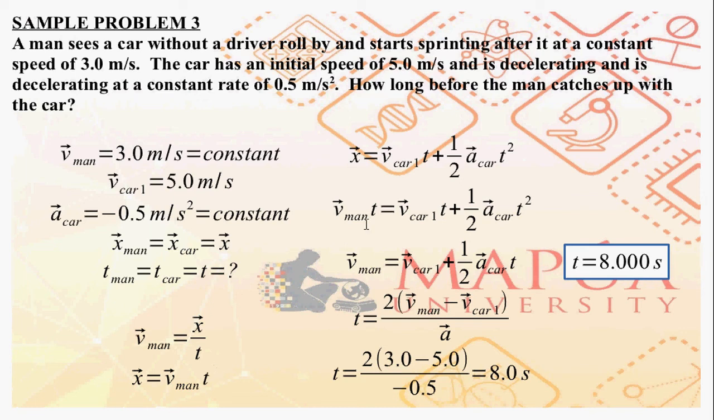We can unite our two analyses using x. So, V man t is just equal to V car 1 t plus 1/2 A car t squared. We can cancel out t, which will give you V man is equal to V car 1 plus 1/2 A car t. No t squared. So, if you divide by t squared, it will give you t. We are looking for time t, so isolating time t,